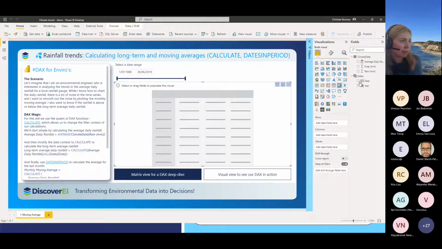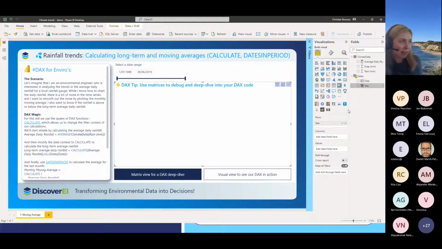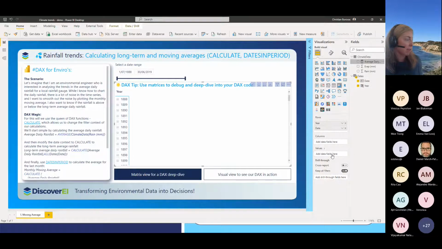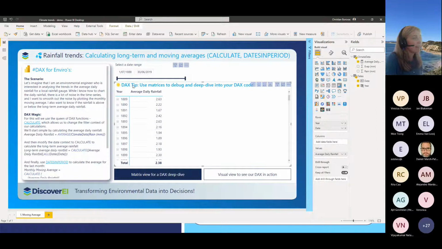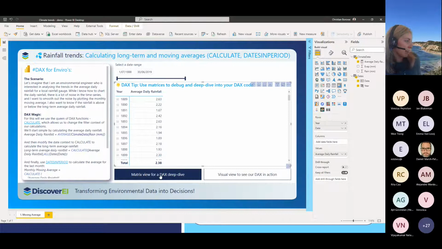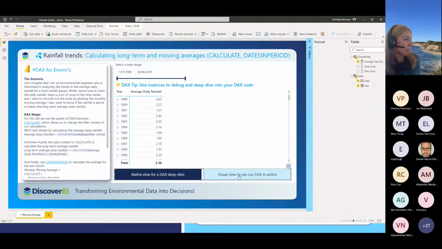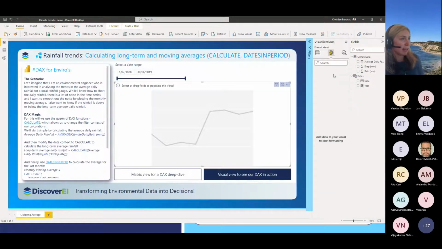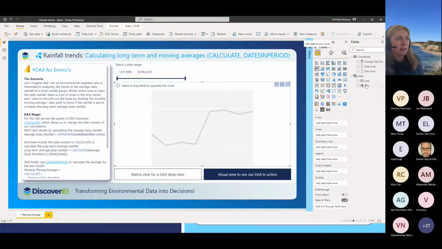So here, actually, we'll start with the matrix because I'm already on that. I'm going to add the year and my date, and let's just bring this in. So here we can see our average daily rainfall across the year, and then we can see the daily rainfall for every date.